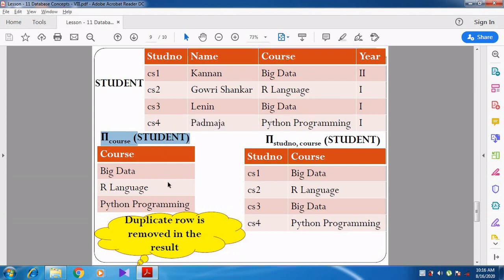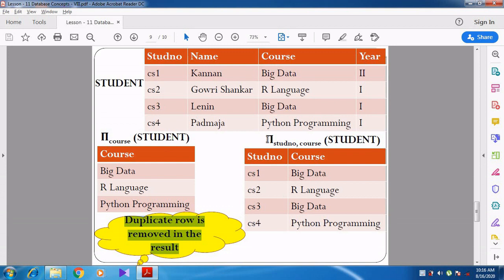Whenever one or more tuples contain the same data, the duplicate row is removed in the result. So the result does not show the duplicates.